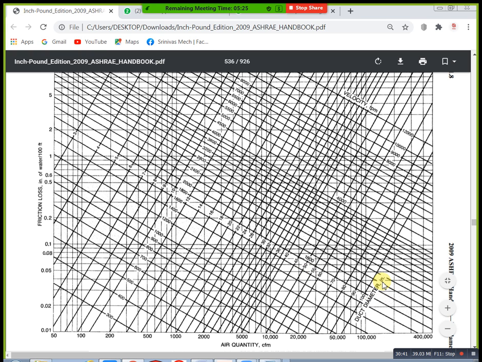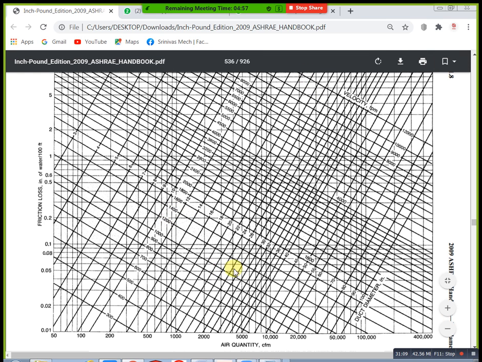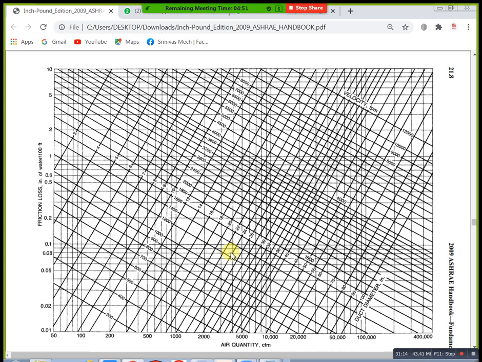Match these two points here. This point exactly. Based on this point, the velocity line falls between 1200 and 1400. Draw one line parallel to the velocity line. We already know the intersecting point, right? In this condition, you directly draw one parallel line to your velocity lines. Then you will get the middle of 1400 to 1200. In that condition you will take 1300 as your velocity. Now write your velocity V is equal to 1300 fpm.